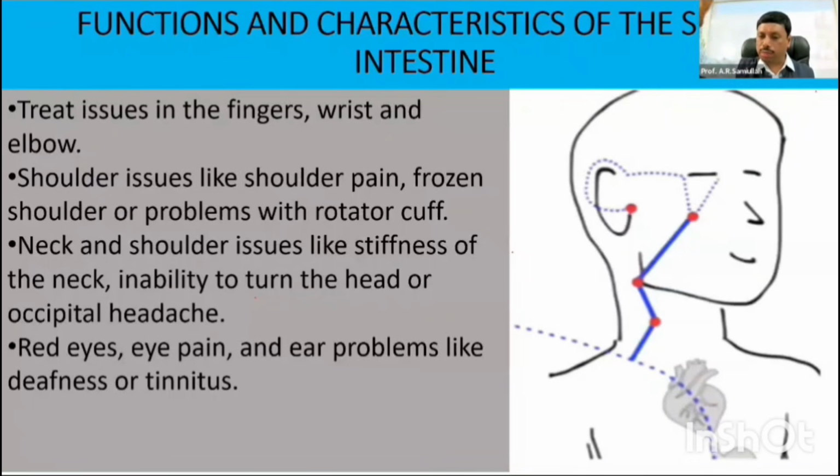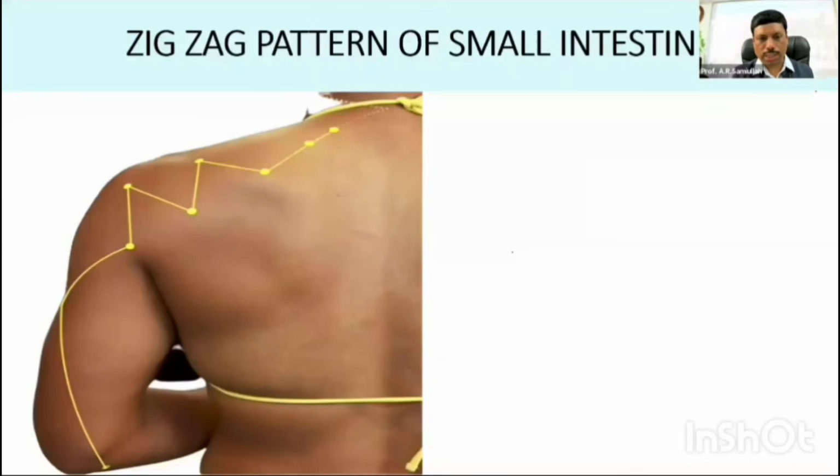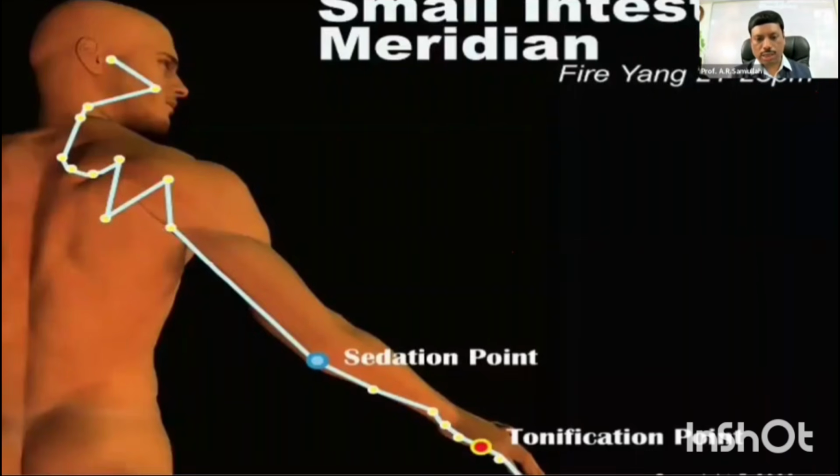Now remember the small intestine: where it starts and where the energy gets terminated. You can have a look and see how it is interconnected. This is the meridian where it starts. Please have a look. It starts from the pinky finger. It ascends upward to the wrist. From the wrist, it goes to the elbow. From the elbow, it goes to the posterior side of the shoulder. Then further, it moves to the scapular region. Then it goes to the neck region. From the back of the neck it comes to the front of the neck. Then it comes to the cheeks. And finally, the energy gets terminated on the